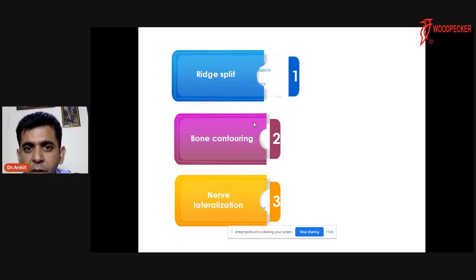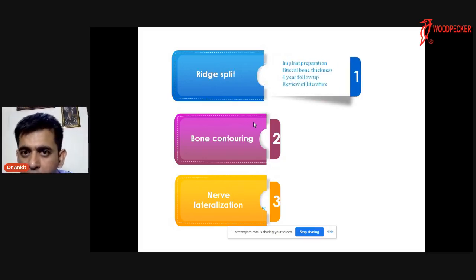So in the ridge split, we will be reading about how we are going to prepare the implant site, considering the buccal bone thickness, or I would say the attached gingival thickness on the periphery of the implant, that is on the buccal side, as well as the palatal, mesial and distal side. How the bone thickness governs the thickness of the attached gingiva circumferentially around the implant is going to play an important role, and how we can use that principle to do the surgery using piezotome,